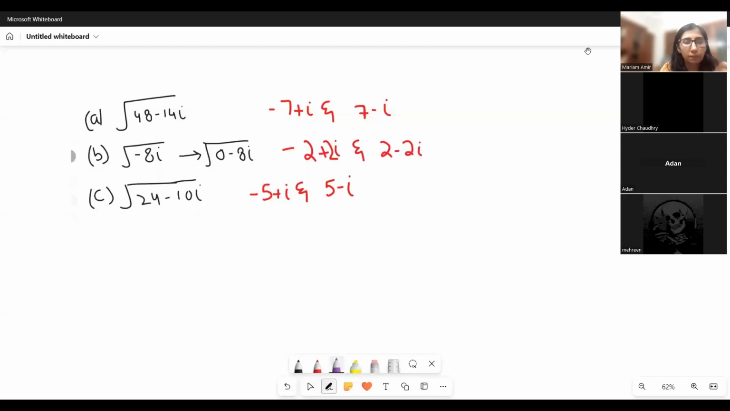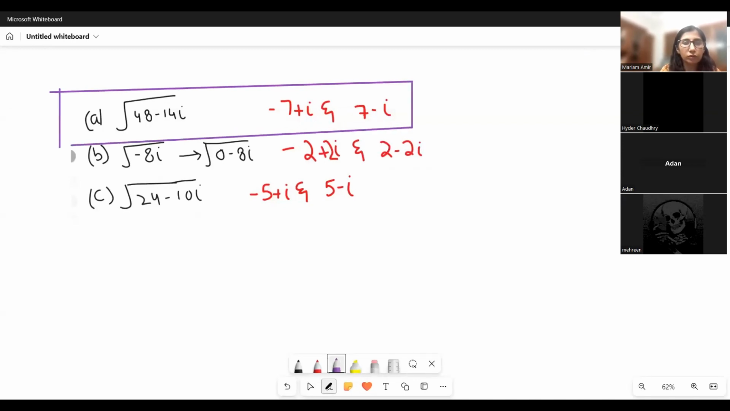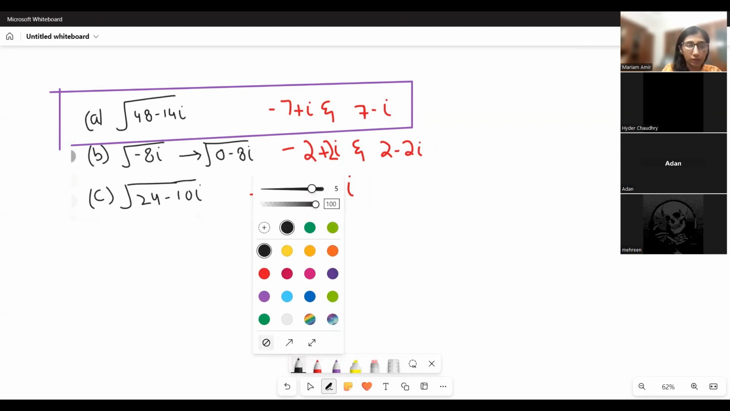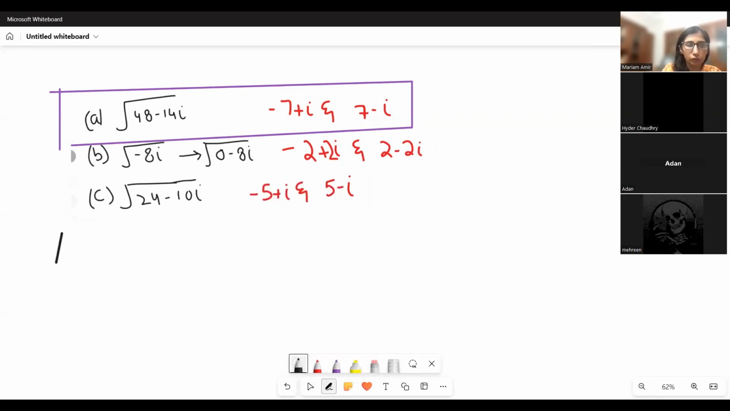Homework correction, part A of the homework. So you were told to find the square root of 48 minus 14i. Like we discussed yesterday, how do you start this? You say that the square root of the complex number 48 minus 14i is going to be another complex number